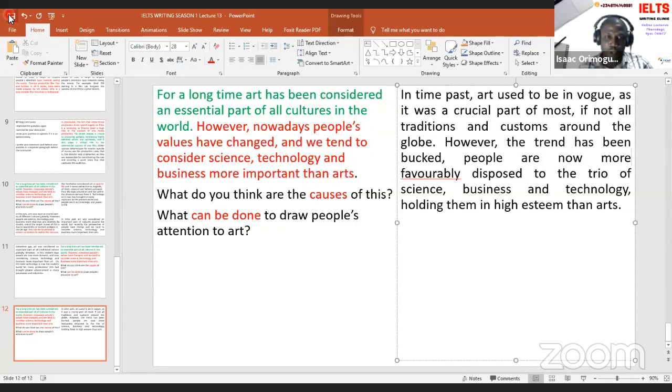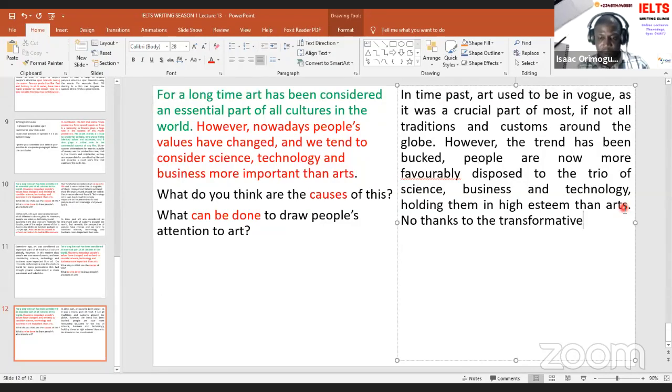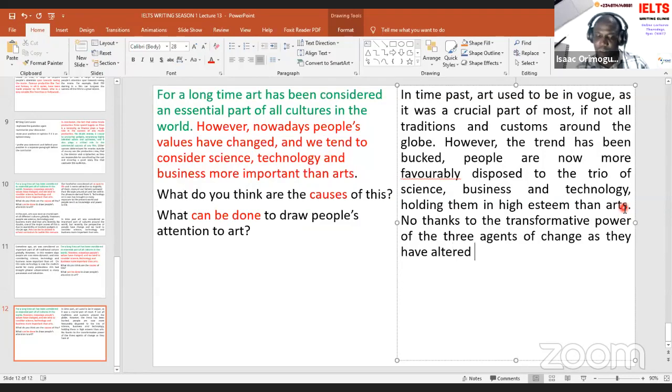Okay, so I can say, no thanks to the transformative power of the three agents of change, as they have altered the way we communicate, conduct business locally and internationally,